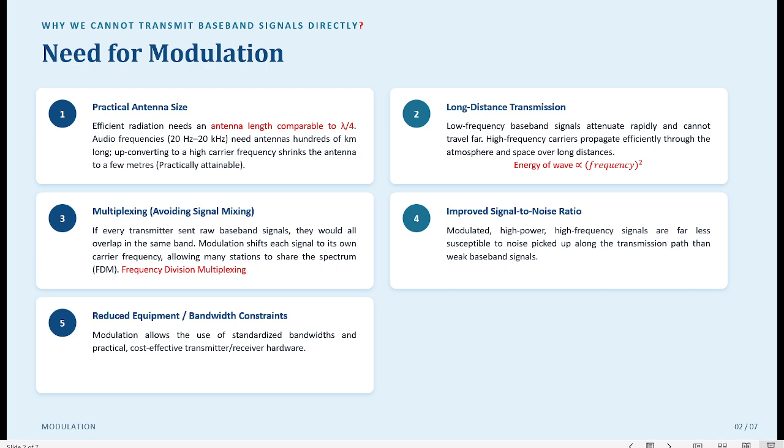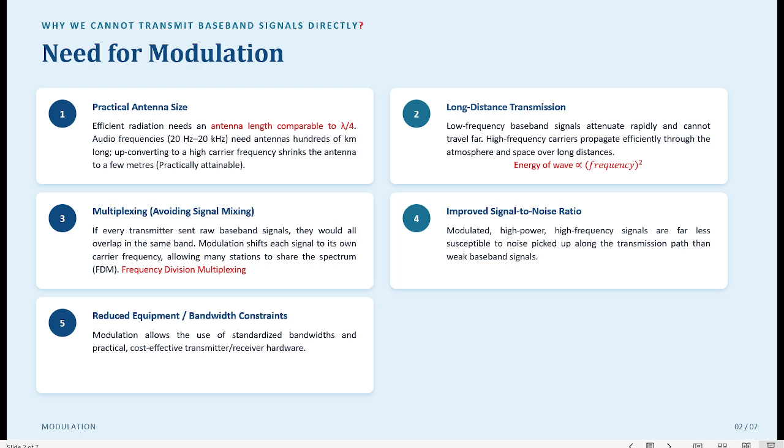So message signals or baseband signals which have low frequency are also of low energy, and since during transmission there is attenuation or loss of energy, these signals are not capable of being transmitted to long distances because of their lower energies, which is the result of their low frequency. And the third consideration is that